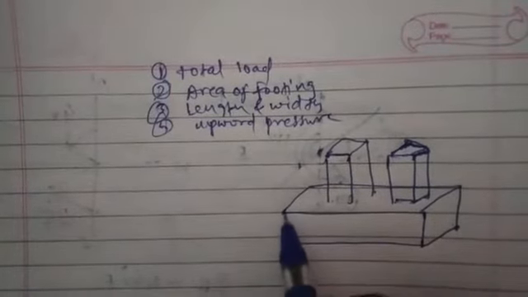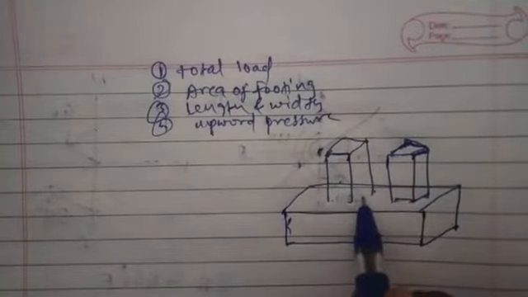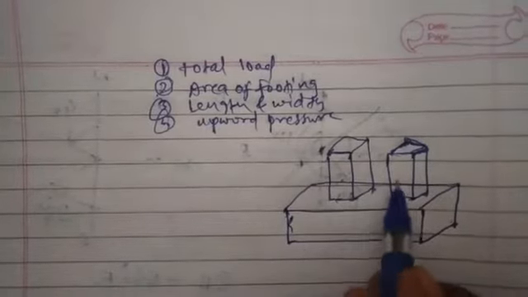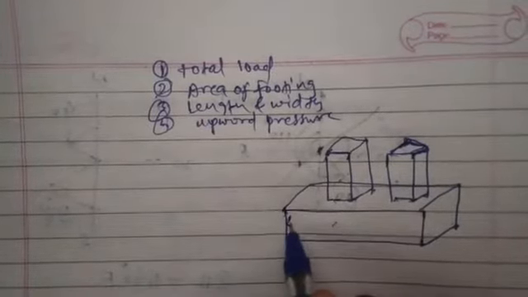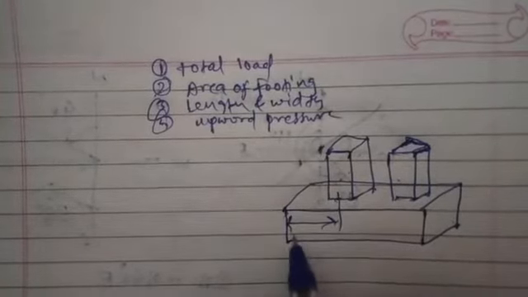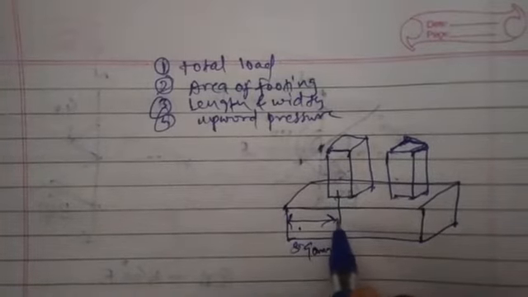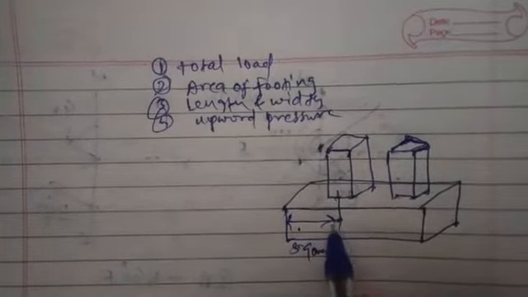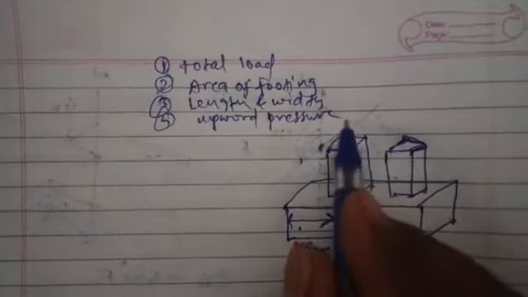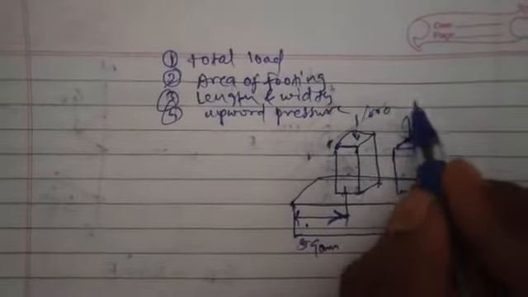So we have got the distance of this projection. I have tried to draw one 3D image of the combined footing. These are the columns and this is part of footing. So we have already been given this length projection, that this was 590 mm. After that we have found out the distance of center of reaction of these two columns. Means the load on this column is 1000, whereas on this column it is 1500.